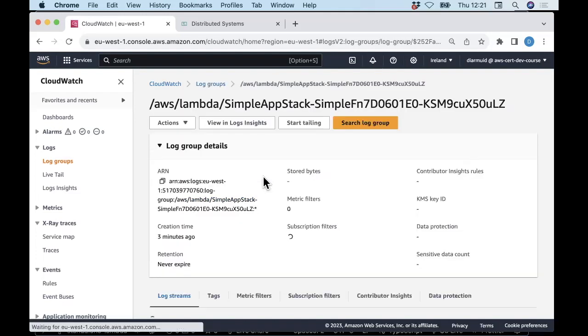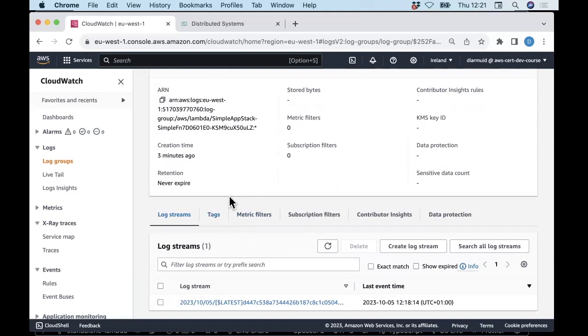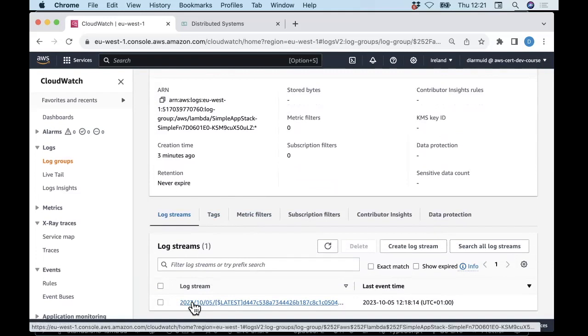And if I click on that, a log group contains log streams within it. Every time my Lambda function executes, CloudWatch logs will create a stream within the log group for that invocation, and any console logs within my Lambda function will be put into that stream. I've executed the function once, so there is a stream down here, and the streams are time-stamped. If you've got a number of consecutive executions of your Lambda, it will more likely pack those into one stream rather than having separate streams for them. But anyway, if I click on that stream,